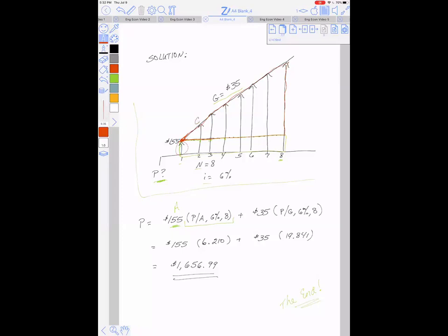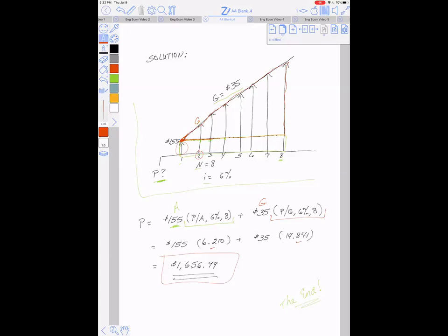And does the gradient amount start in year 2? Yes. So both of our questions are answered yes. Is this a properly behaving gradient series? It is. So then we can say the amount of the gradient, $35, times the factor, find P given G, 6% for 8 years. I found those factors from the appropriate table, multiplied, and get the present value of that entire cash flow stream at